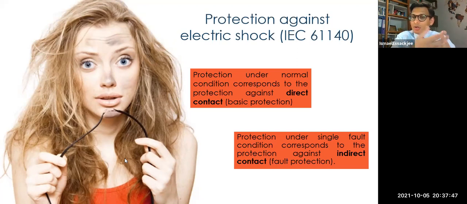And then we have another one, which we call the indirect protection, in case we have a fault. This is where we have what we call protective devices. We just introduced one a few minutes back, which is an RCD. Remember, the residual current device. How does the RCD work, or why does it work?